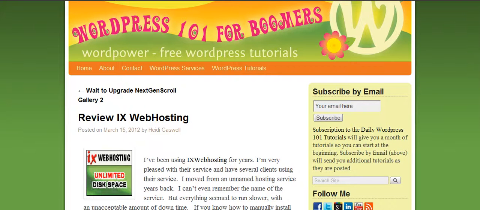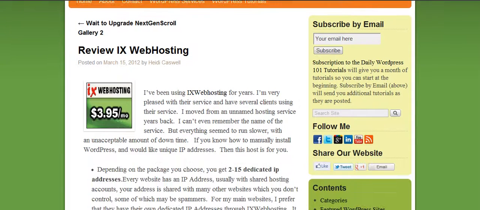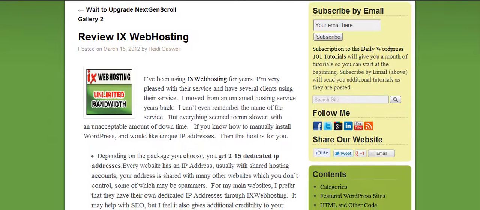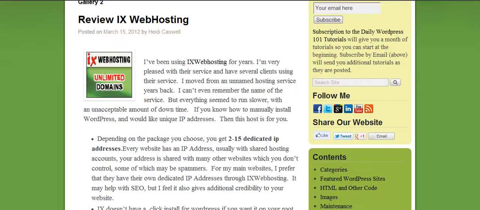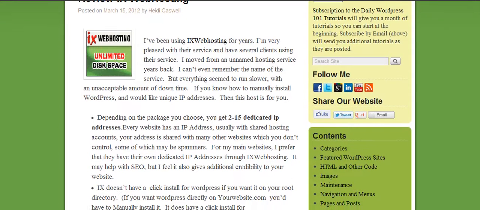And today I'm going to tell you about the web host that I use, which is called IX Webhosting. Now, whether or not this is a good choice for you depends on a couple of things. The first thing to consider when you choose IX Webhosting is whether or not you're willing to manually install WordPress